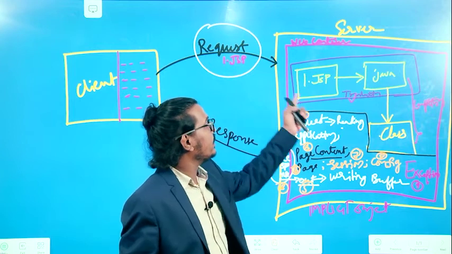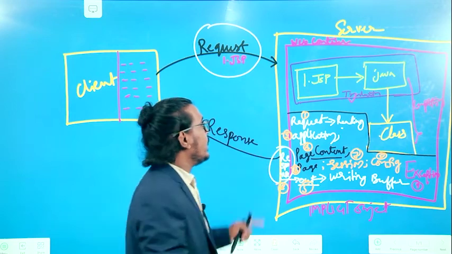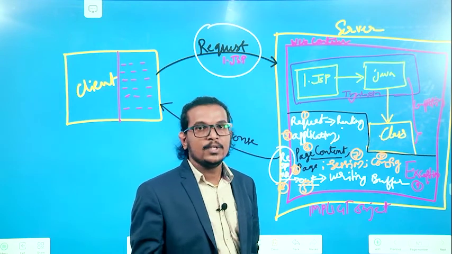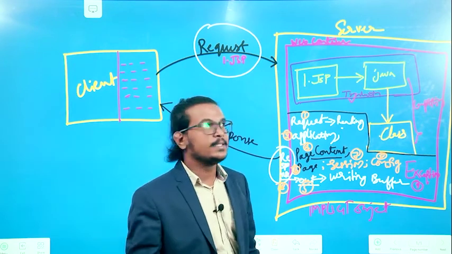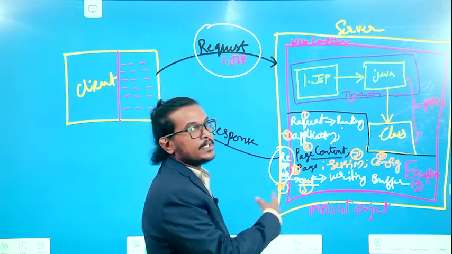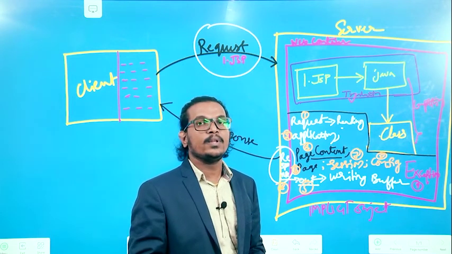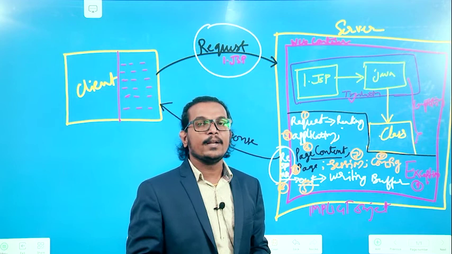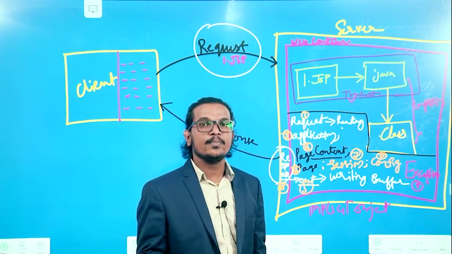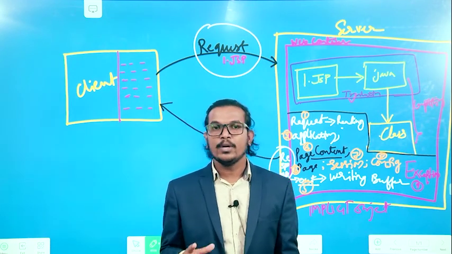Inside that server we have the JSP web container. Here we are doing the translation, meaning we are parsing the JSP pages, so there we use the JSP engine. This JSP engine is available in Catalina, not Coyote, Catalina. In the web container we have different types of components. First one is Coyote, second one is Catalina, Jasper is there, Cluster is there, and after that, high performance is there.